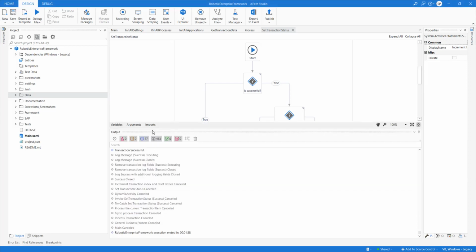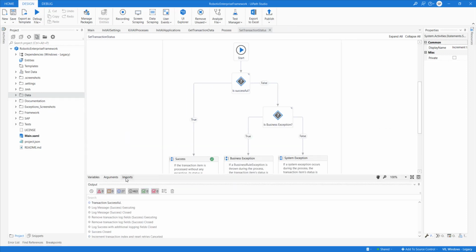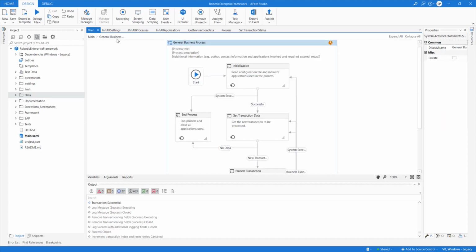Is there any mechanism in the RE framework to fetch queue items from the queue having a status other than New? Like we can also fetch In Progress or Successful items later. No. By default, it takes care of only the status which is New. You should be able to create some filter conditions.